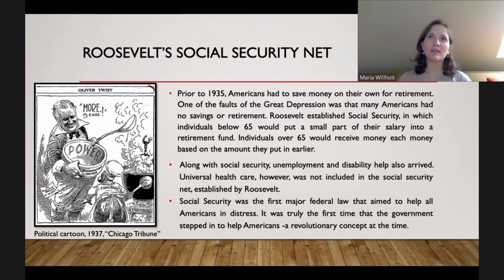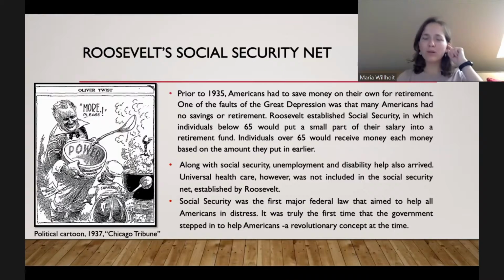And there's always been this fear, especially among conservative Americans, that there are too many Americans who are getting older and older and not enough young Americans who are putting money into Social Security. So it's going to blow up. There's not going to be enough money. But it hasn't happened yet, thankfully.